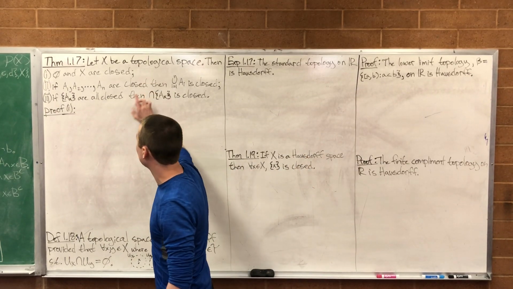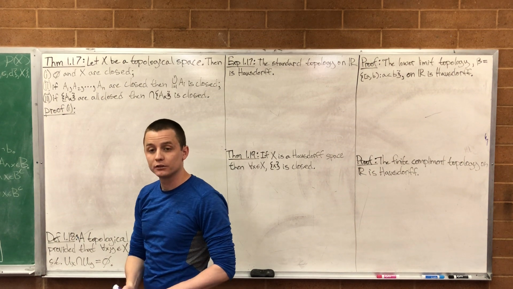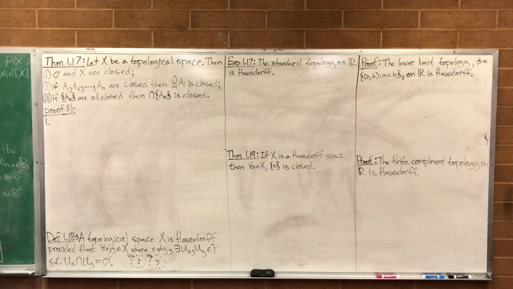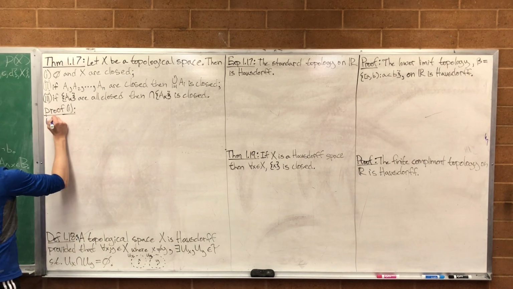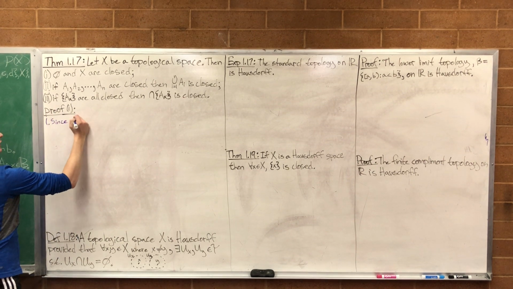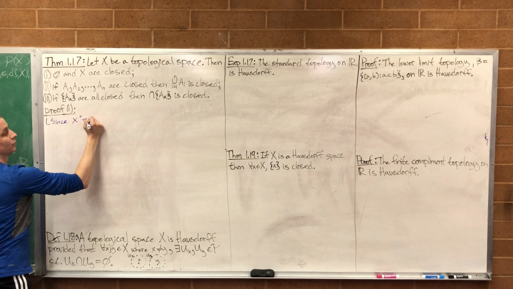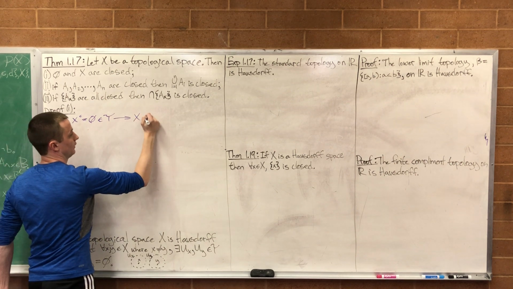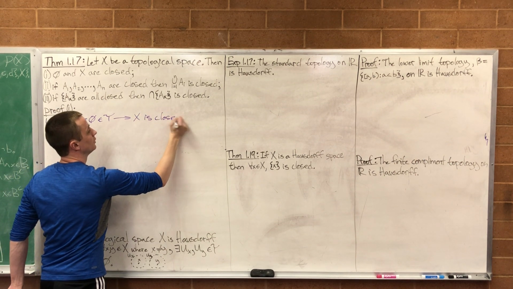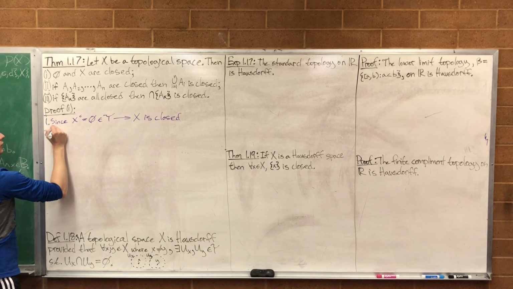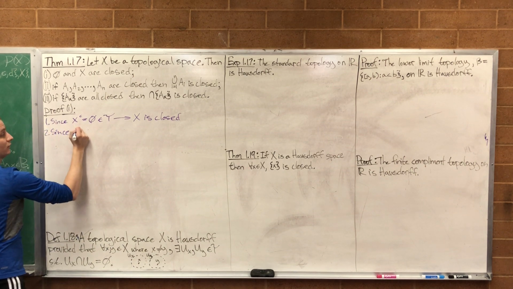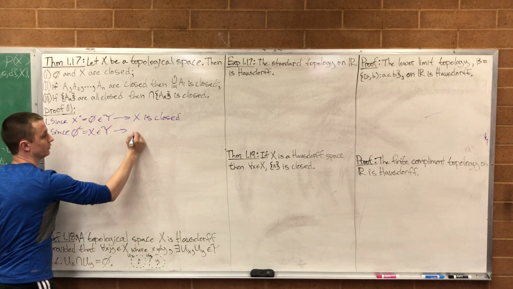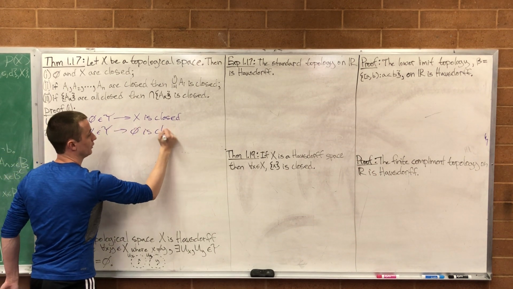I'm just going to prove this part, then this part, then this part. Obviously, the first part of this proof is real easy, right? You could say that the empty set and X are open, and they are complements. Since X complement equal to the empty set is in tau, that gives us X is closed. Since the empty set complement, which is equal to X, is in tau, that gives us that the empty set is closed. Okay, those were the easy ones, right?